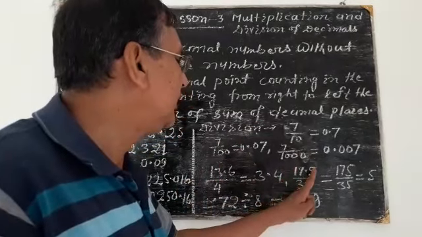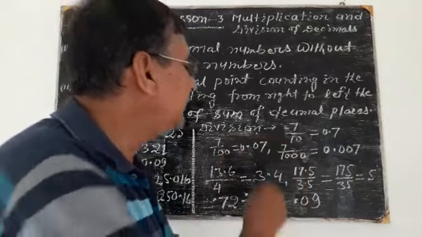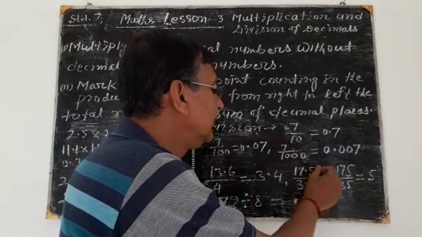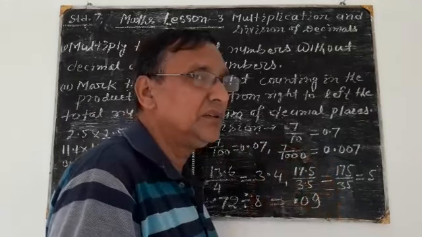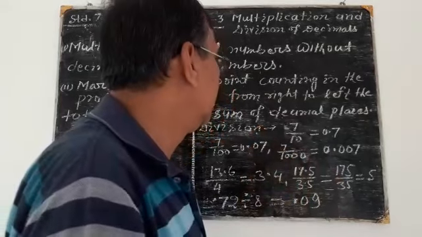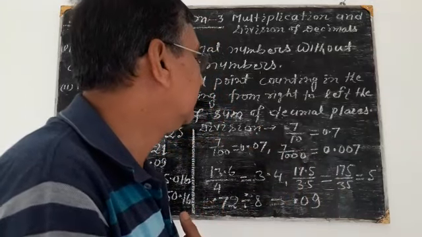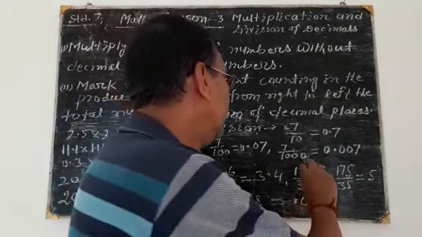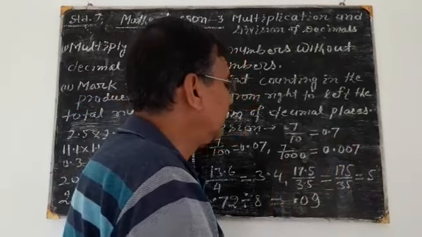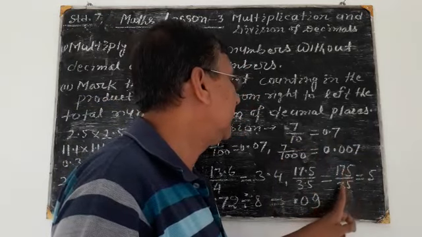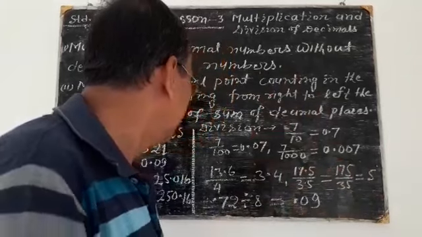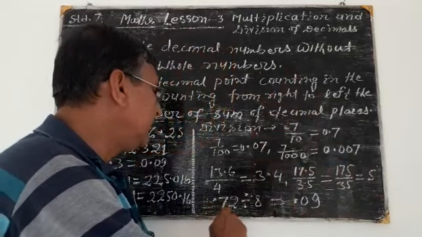Again, 17.5 divided by 3.5. Here you may see the numbers after the decimals in the upper part and lower part are both 1. So the same number of decimal places are available in the divisor and dividend both. That is why the decimals will disappear if an equal number of places are available on the right-hand side, and the result will be 175 by 35, and we can divide it by the simple division method and get the result 5.